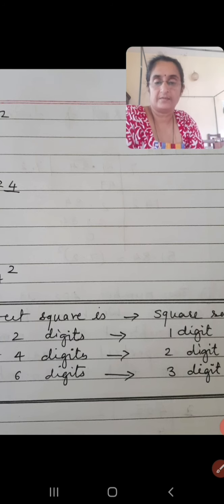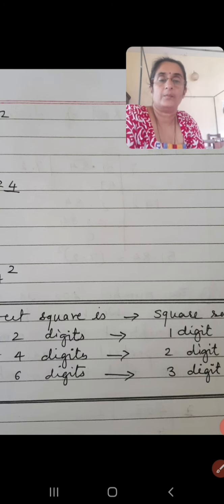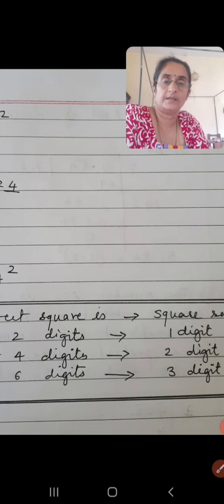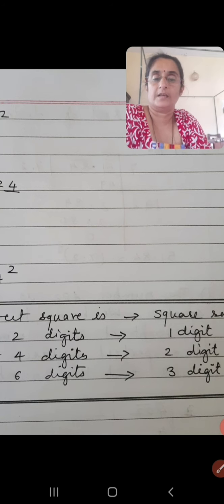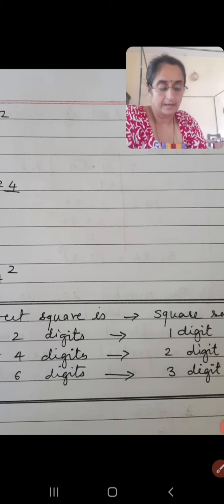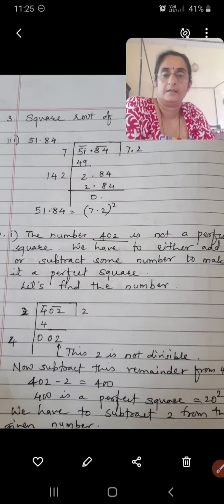Using this box, you are going to solve the second question. There is a number given, that is 64. How many digits are there in 64? 2 digits. So what will be the root of that? How many digits will be there? 2 digits means it will be only 1 digit. Like that, many numbers are given. You have to use this box. And now let us move to the next question, children.